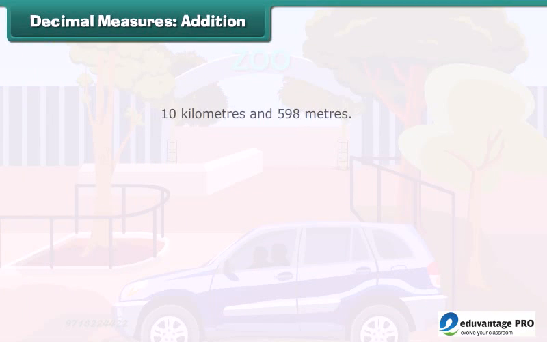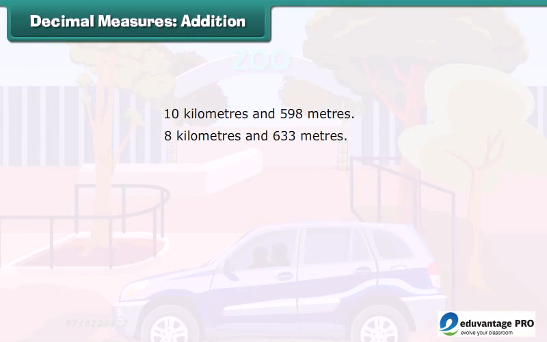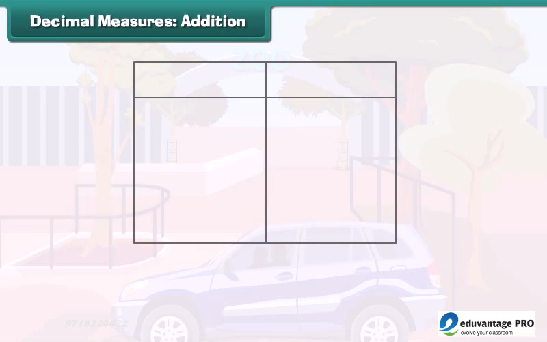The total distance covered by Ryan and his uncle can be calculated by adding both the distances. First, make two columns. In the first column, write kilometers, that is km, and in the second column, write m, that is meter. Write 10 under kilometers and 598 under meters. Below 10, write 8, and below 598, write 633. Now add it. The sum of 598 meters and 633 meters is